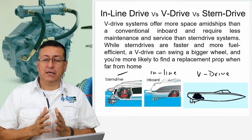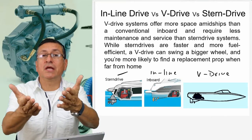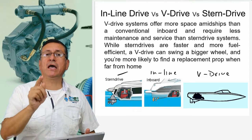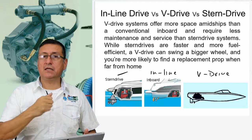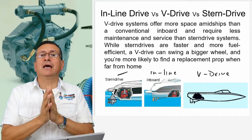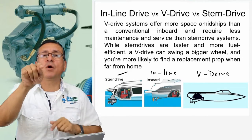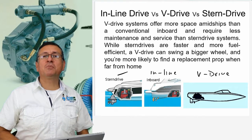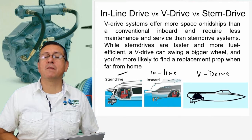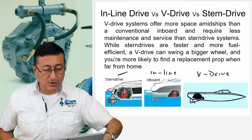All right, and the most important part is to select the appropriate boat for the use that you want. The majority of the people make a mistake when they buy the first boat. I made that mistake. Yeah, analyze carefully what the boat is for at that moment of your life. In each moment of your life, probably you prefer a different boat. Alright, my friends, we are going to continue with another important,